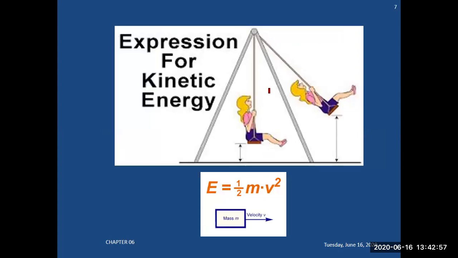If you are moving on a swing, you were at this place and then you move up to this place, you have decreased and increased the height. So during its motion, one type of energy is converted into another type of energy. But the simplest thing to understand is that in all the cases, the body or the objects are in motion. So that's the concept of kinetic energy.